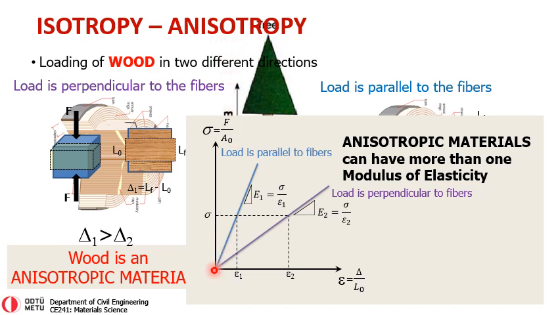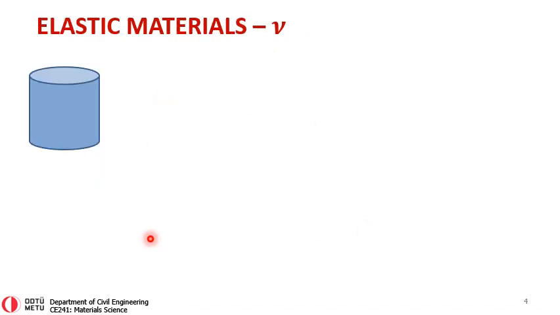We have seen that if we were to test wood parallel to the fibers versus if you were to test the same wood perpendicular to the fibers, we can get two different modulus of elasticity, in other words, two different material behaviors, and that makes wood an anisotropic material. Now, in this lecture, we will be looking at another characteristic property of an elastic material that will be termed nu. For that, we will be again looking at the same type of loading of a rod